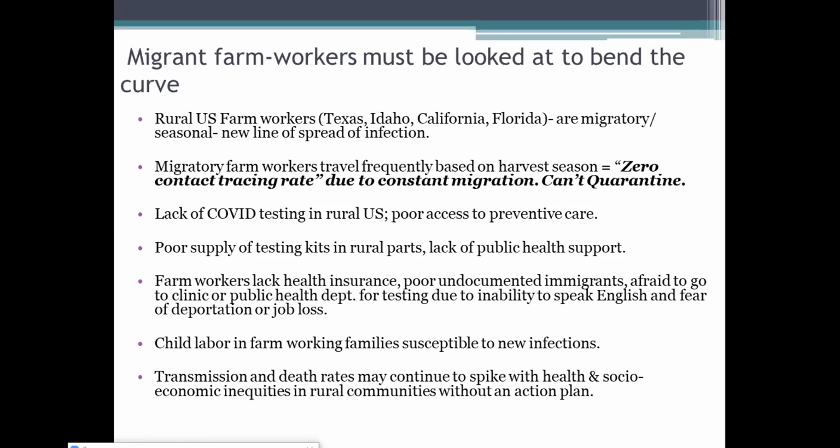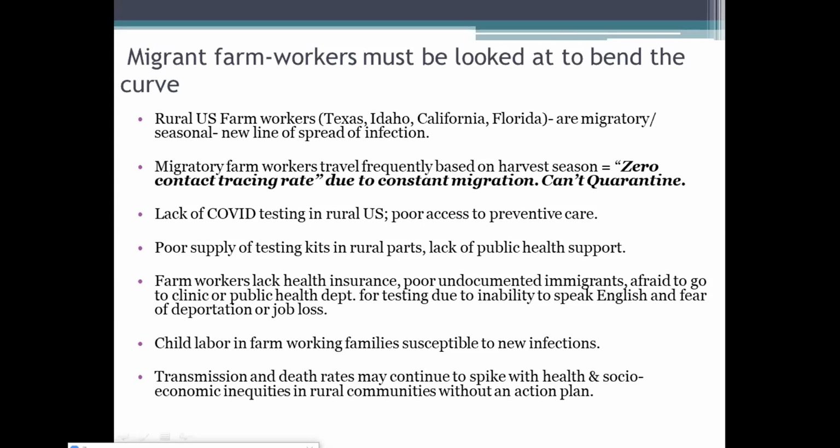And then farm workers, mostly in the US, they lack health insurance. They are anyhow very poor. Sorry, most of them are undocumented and they could be immigrants, either from Latin America, Mexico, or elsewhere. And so they are actually trying to make both ends meet, help their families. So because of lack of health insurance, lack of paperwork, lack of immigration standing, they are super afraid to